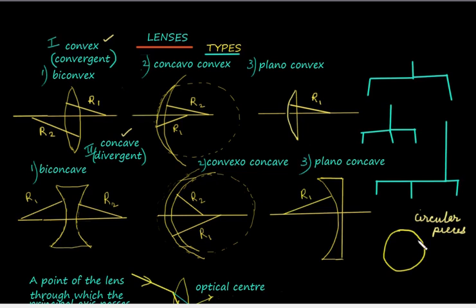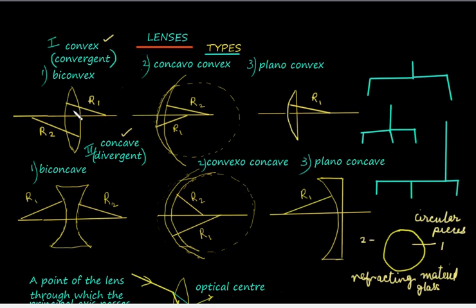Now let us proceed. The circular piece of refracting material, mainly glass. Other refracting substances also may be used. Now this circular piece is what we call a lens. The lens has two surfaces, one upper surface and one lower surface. Let us mark these surfaces, the upper surface as surface 1 and the lower surface, which is not visible in this diagram, as surface 2. A cross section of the lens is what is shown here.